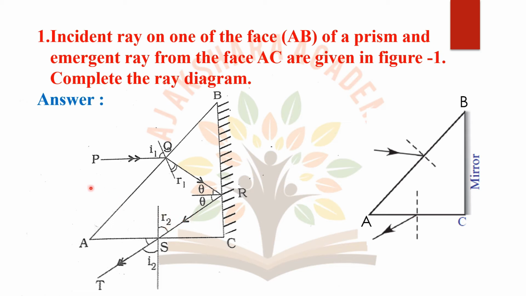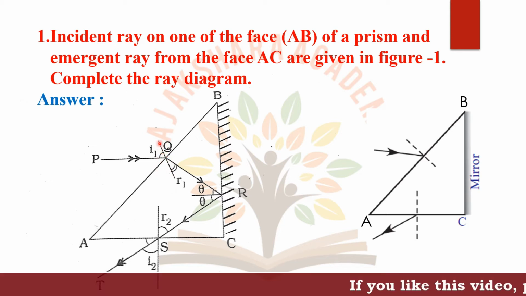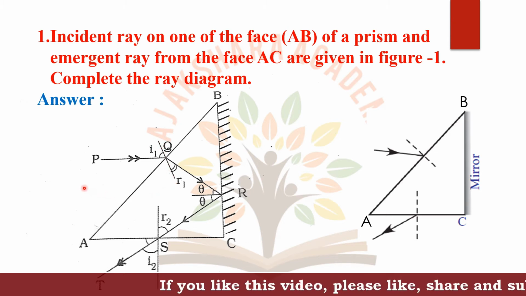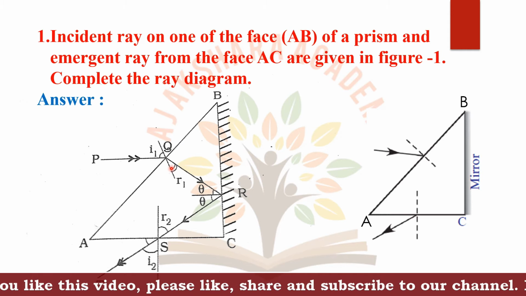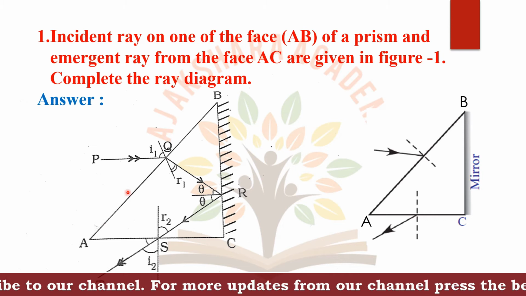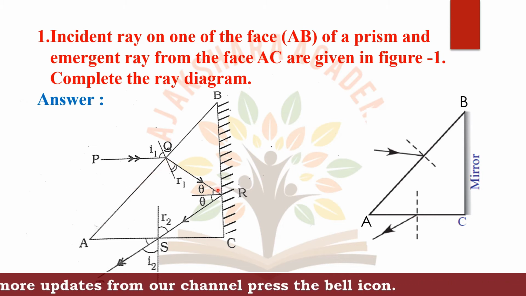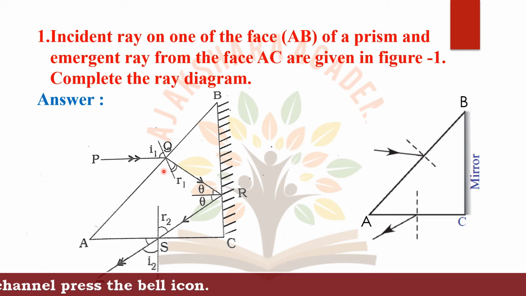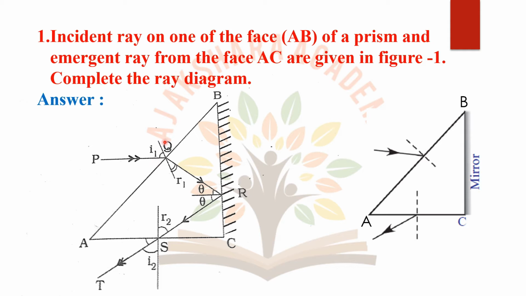PQ is the incident ray and here Q is the normal. First, PQ is the incident ray. Whenever the incident ray falls on the surface of the prism, it refracts. So here this is the angle of refraction R1, angle of incidence I1. Here we are drawing the normal, that is the perpendicular line at Q. And next again we are